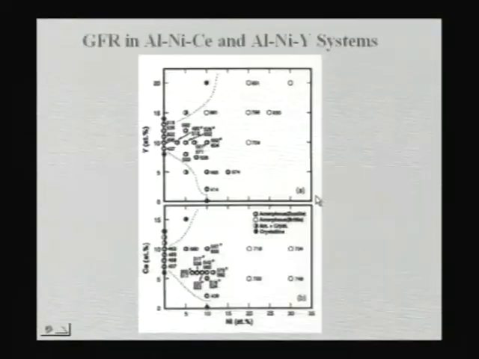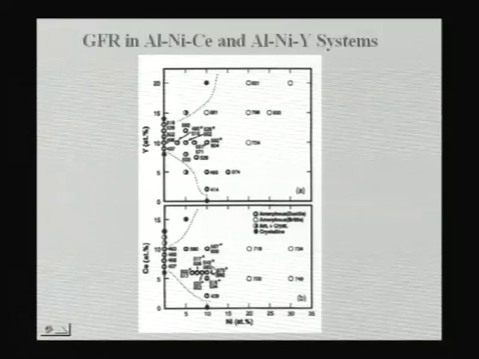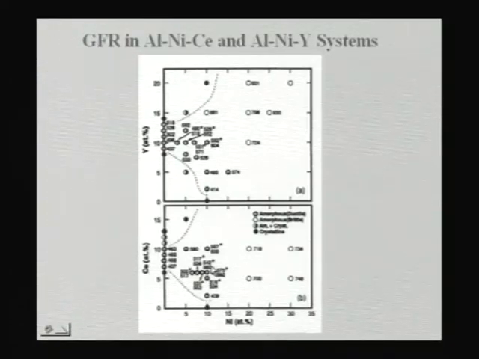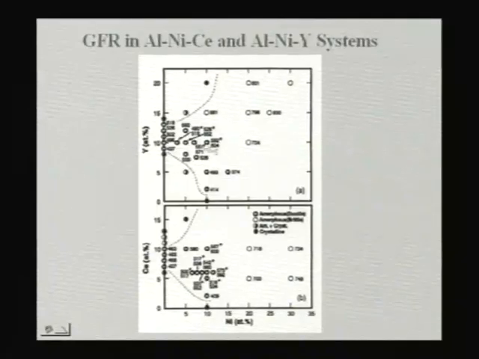You can also see here another system, aluminum nickel cerium, aluminum nickel yttrium, the glass forming ranges, yttrium and nickel shown here, and here we also show the compositions where you can possibly get a ductile amorphous. It is not that the amorphous phase is always very brittle, if you can control the composition in such a way, particularly keep the rare earth element very low. If you add a large amount of rare earths, it becomes very brittle, and similarly if you add a large amount of transition metal also, it becomes brittle.